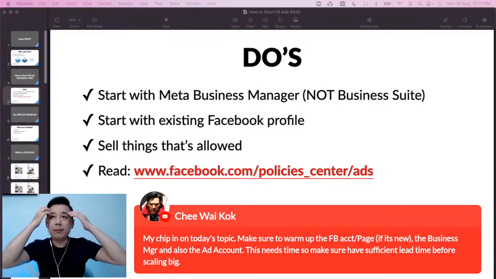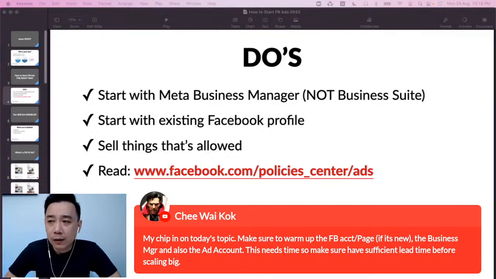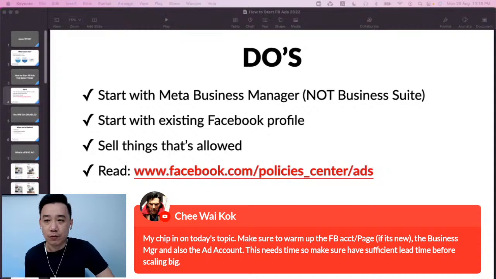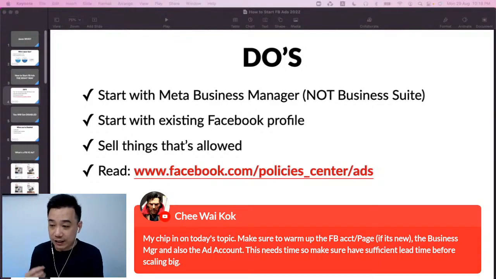For example, some people came to me and said, Jason, my account can't allow me to spend $1,000 a day. What should I do? I would say, be patient, my friend. Sometimes you just have to go a little bit. Once you build your credibility and your relationship with Facebook over time, you can actually write in and request extra spending ability on your ad account or something like that. You can, but don't rush. One step at a time. Okay, one step at a time.